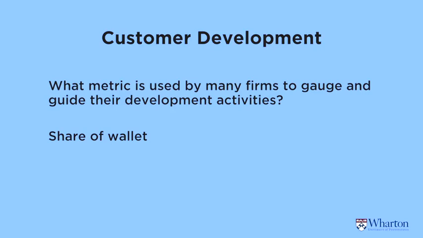Of all of a customer's needs for a particular product or service, for the category as a whole, how many of those needs are met by this firm? So as I said, there's a number of other metrics. What some firms look at is the number of different products and services that the customer has with them. So as a very specific example, Wells Fargo, big retail bank here in the US, they're obsessed over number of